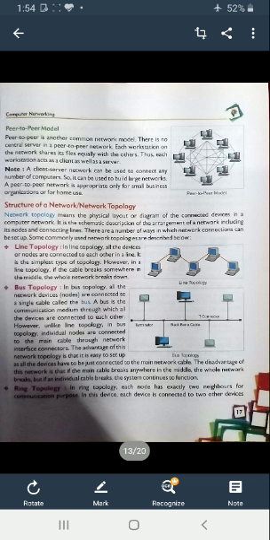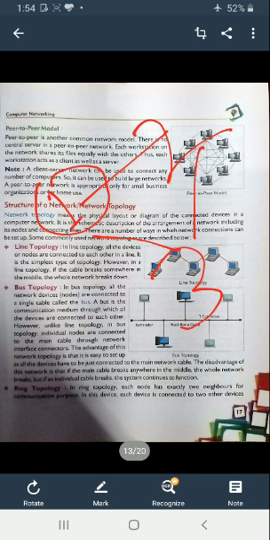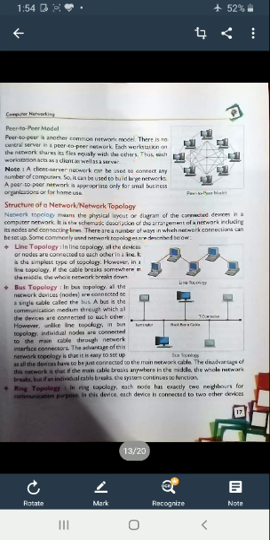Let's take an example that you are three friends, 1, 2 and 3. All three are connected with each other. If 1 has anything and 3 requests this thing, then 1 gives the thing requested by number 3. If anyone has something, there is a give and take in this model. If anyone has a thing, it provides it and acts as a server. If anyone requests anything, it acts as a client.